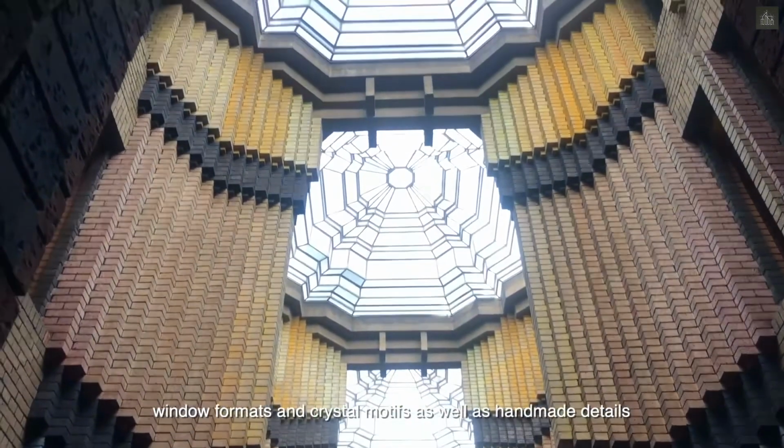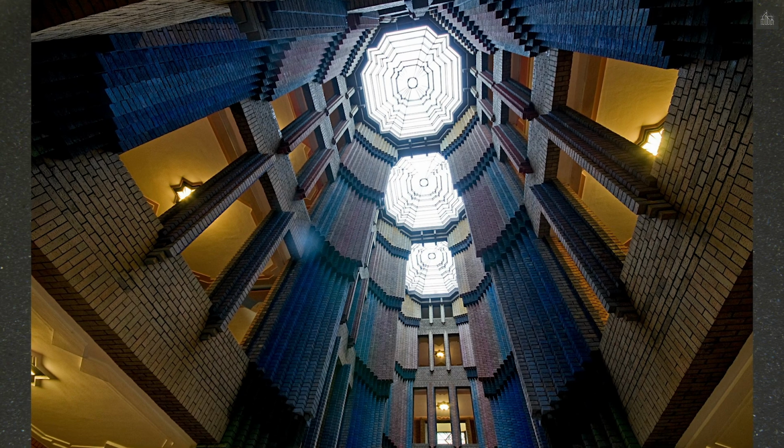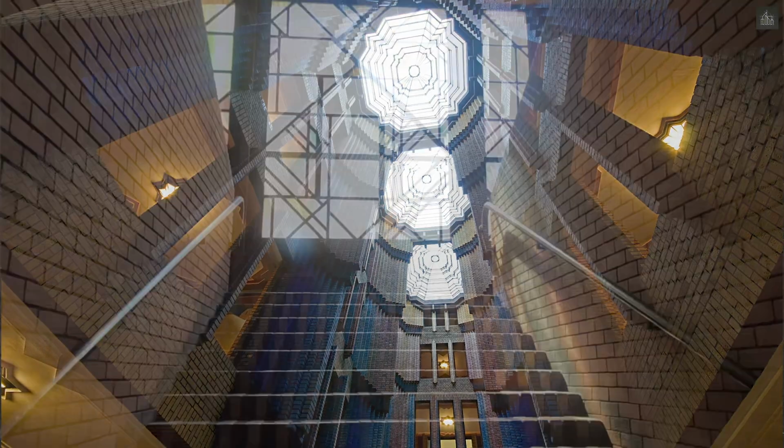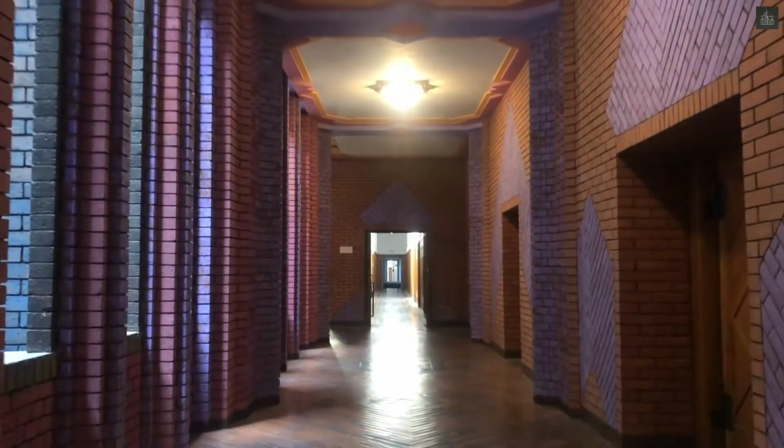Rising 15 meters, this space utilizes architectural techniques to enhance its perceived height, with each successive story becoming lower and windows narrowing toward the top. The hall's pillars feature a vibrant color scheme, progressing from green at the bottom through blue, red, purple, orange, and